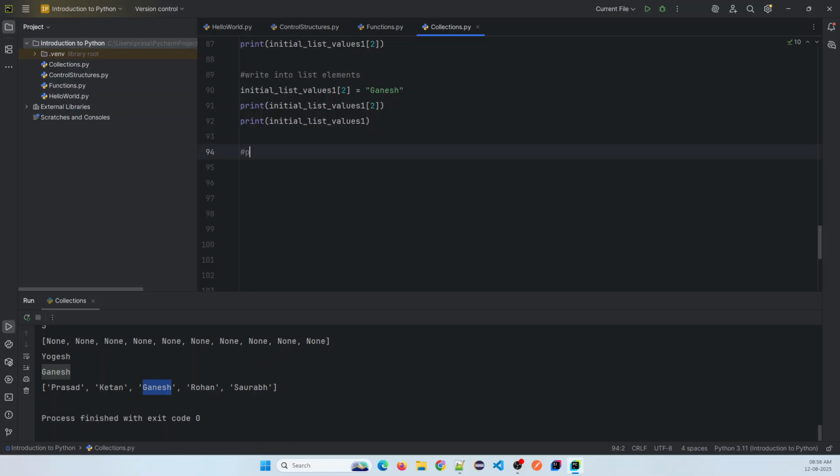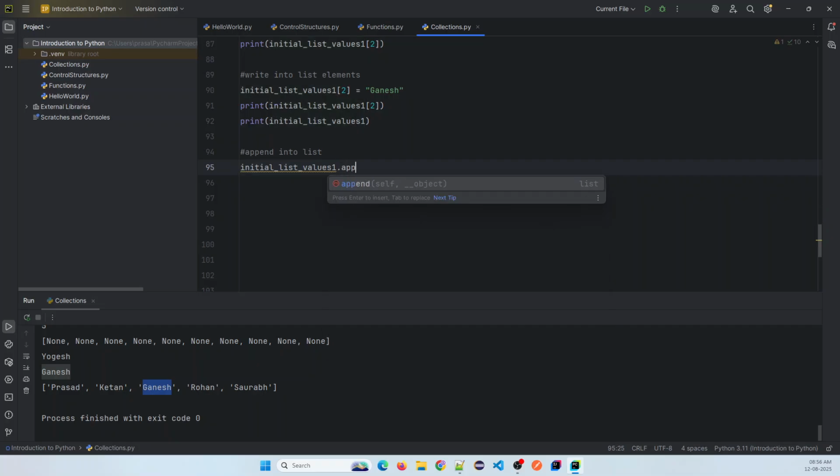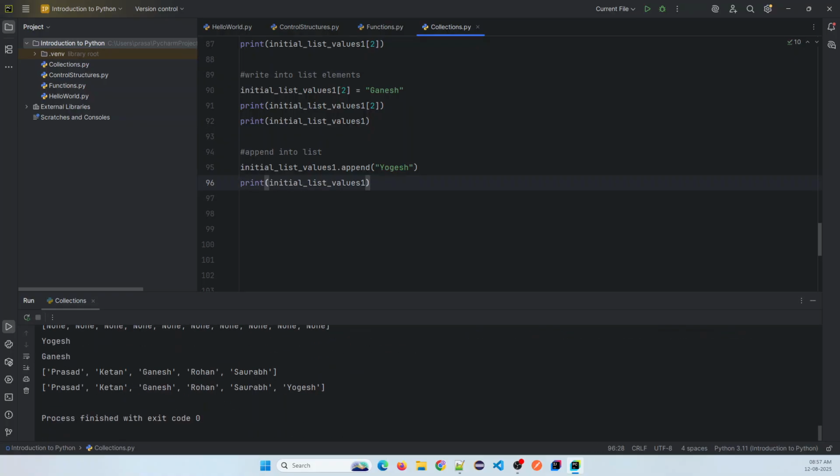So let's say I want to add some more values into the list after the initial creation. And how can I do that? I'll just give initial list values 1 dot append, and I want to append the Yogesh value again into the list. Okay, so let's print that list again just to see the results, how the append works. As you can see here, the initial Yogesh value was replaced with Ganesh, but then I again appended Yogesh in the list, and when you append, it gets appended at the last. Okay,